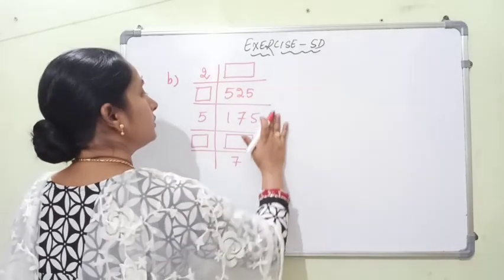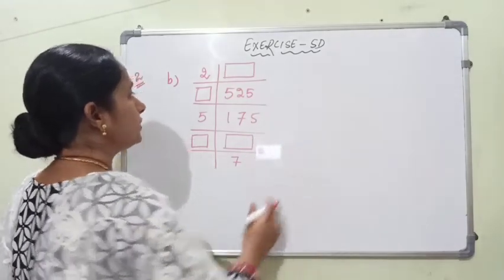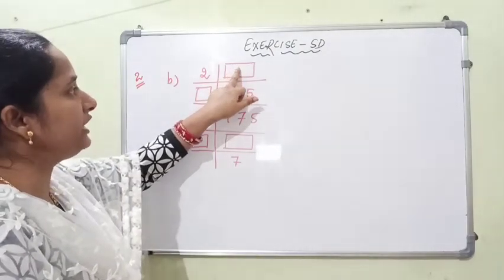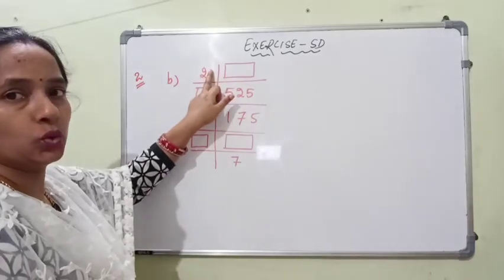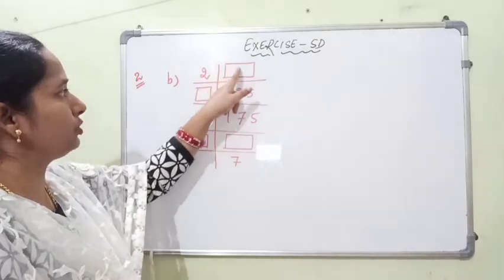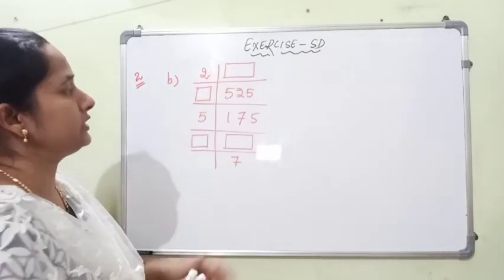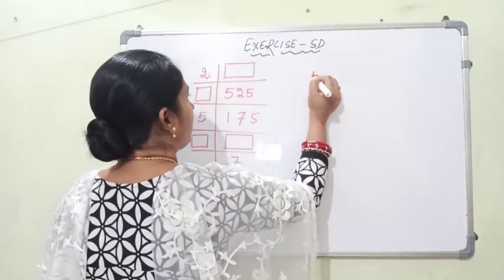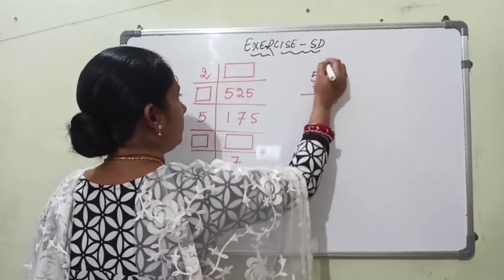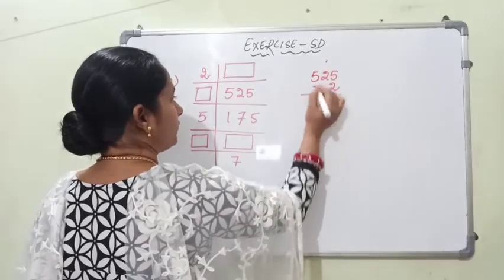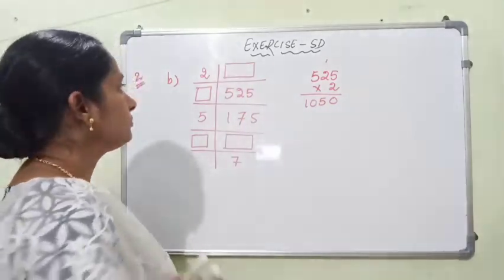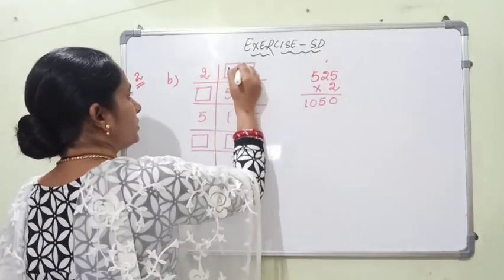Okay, so let's see how shall we do this. See, first we are going to divide this number by 2 so that we get this quotient. Now how will you get this number? We can multiply these two numbers. By multiplying these two numbers we will get this number. So here you multiply 525 by 2. 2 fives are 10, 1 carry, 2 twos are 4 plus 1, 5, 5 twos are 10. So you get here 1050.